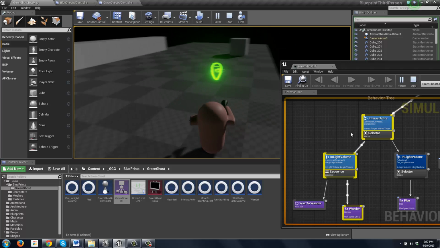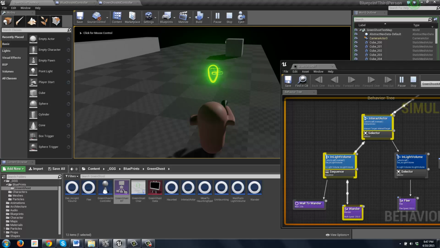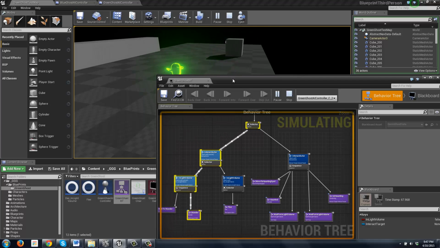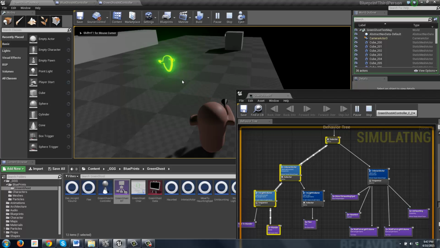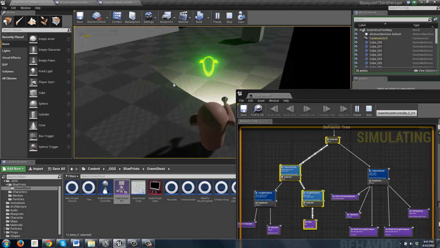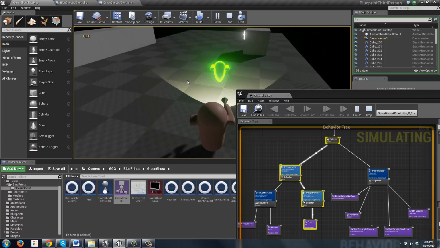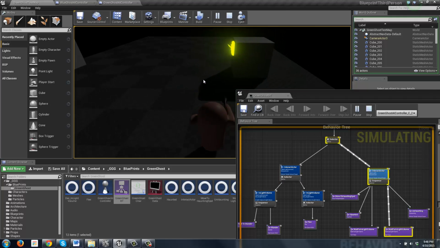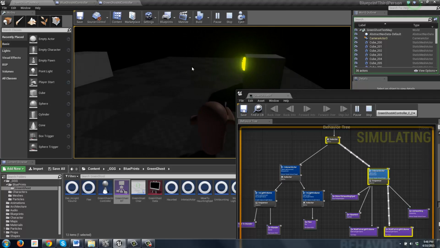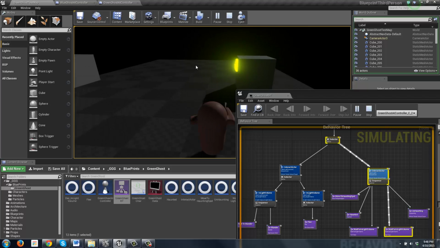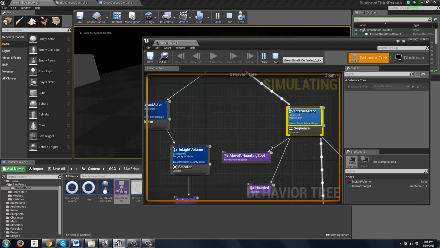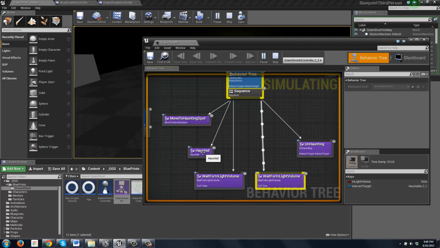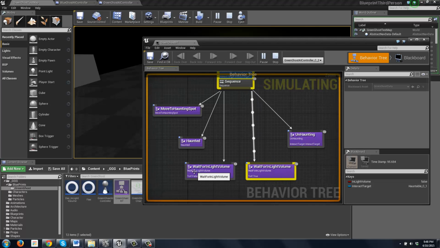And then the nifty part comes in here. So he doesn't have an interact actor right now. And as soon as I get to that little glowing thing, like a kind of light switch on the wall or something, now he has the interact actor, and he goes through a few things. He first moves to a haunting spot, and then he will go into a haunted state where he actually possesses the object,